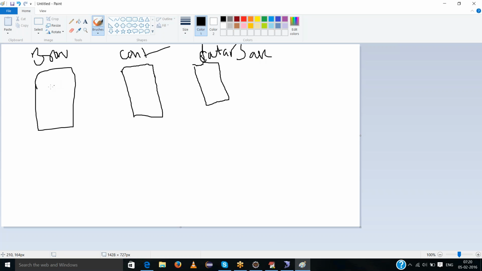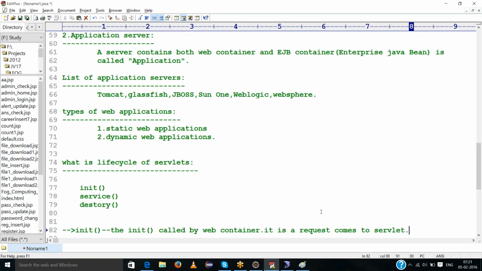Here, the browser sends a username and password. Once the submit button is clicked, the container automatically calls init, because of the initialization parameters. The first request comes to the servlet. That is the init method.